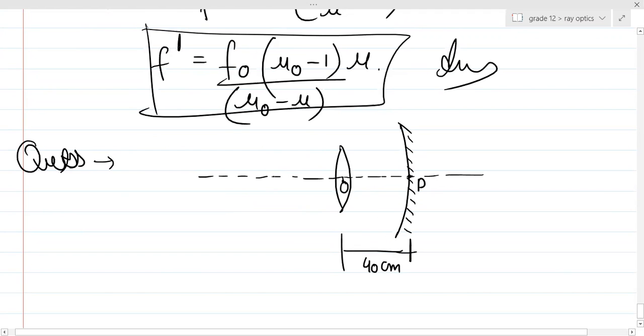Now there is a point source S which is at a distance of 12 centimeter from the lens. A point source S is placed on the principal axis at a distance of 12 centimeter from the lens, as shown. In the question it is found that